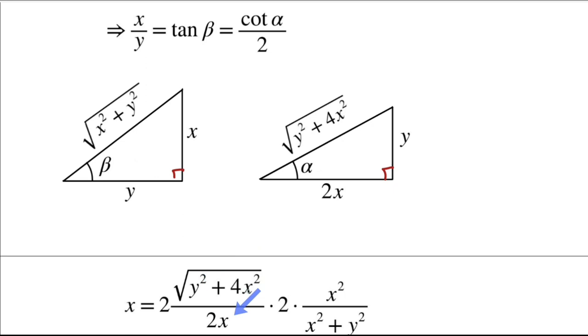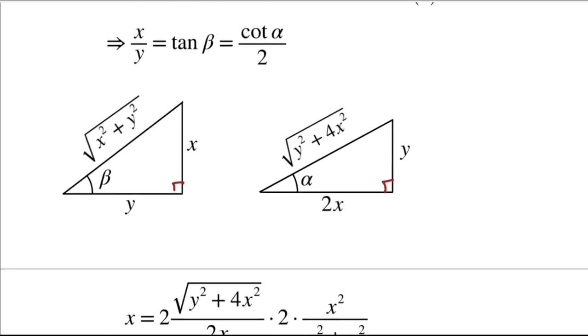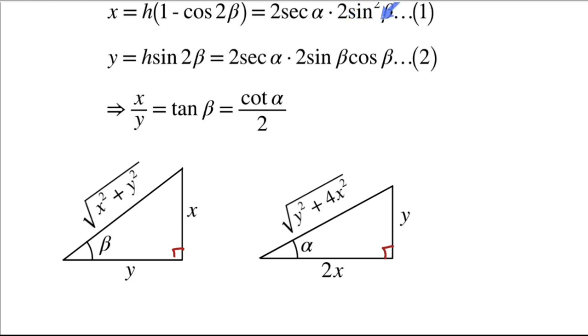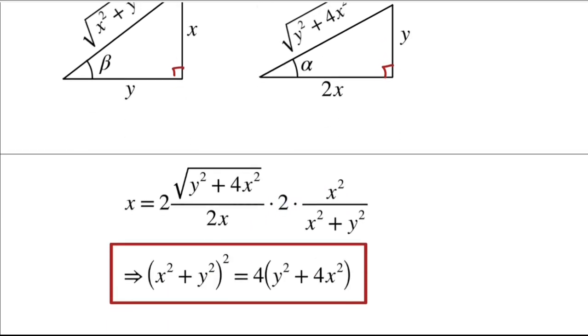So this is nothing but sec alpha from the equation here, and the second part here, that is 2 into sine square beta. So 2 is here, and sine square beta, if you can see from here, will be height square by hypotenuse square, this much, right. And if I just simplify it, I am getting this value as the equation of this center point, right. So this is a fourth degree equation, closed loop of course, because everywhere x square y square term is coming.